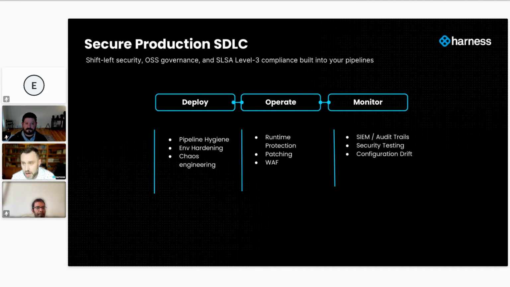I'd say one common thread is that most of my customers have some sort of change management requirement in place where you must have a change ticket. Ideally, that change ticket would have as much context as possible, such as, hey, we ran these security scans and found X number of vulnerabilities, what have you.